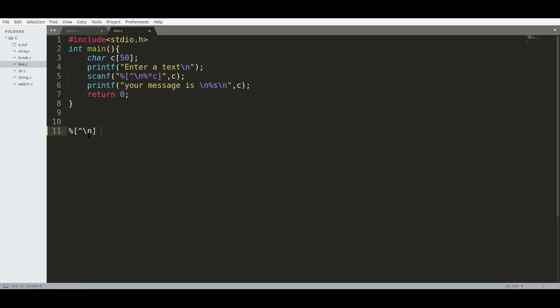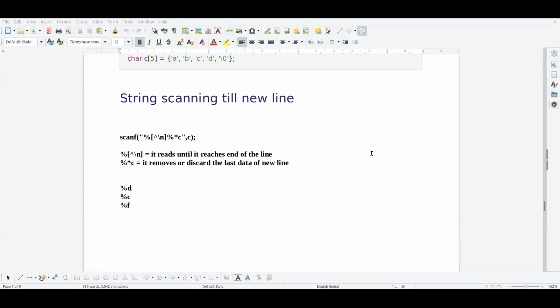This %n is used to scan the data till the end of the line, until it encounters a new line character. I have written the explanation here, so you can see the text document. It reads until it reaches the end of the line. That is the use of it, and we have included it in the scanf.